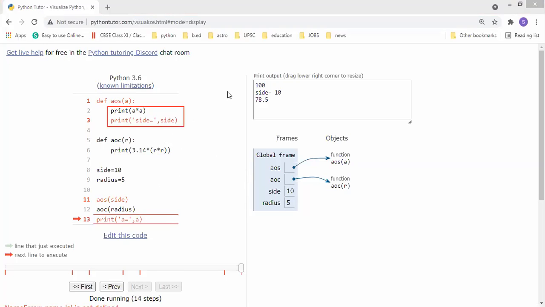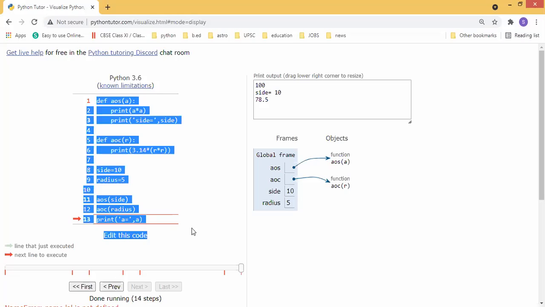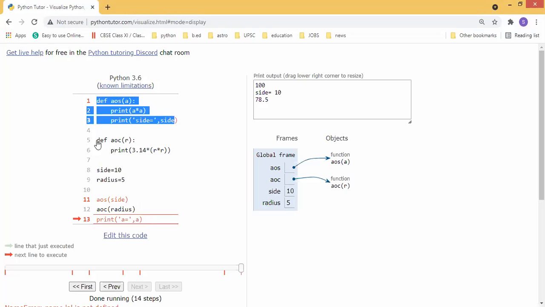The concept is you should know about the lifetime and the scope. That is visibility. We can view these global variables in the entire program. We can use them anywhere in the sub programs, blocks, anywhere in the main program. But the local variables can be accessed only within the function. This a will be accessed only within this function. You cannot access the same a in the next function, that is also not possible. It is only accessible within this function. That's all.